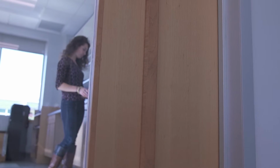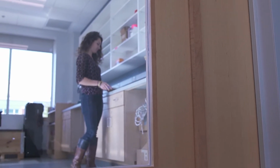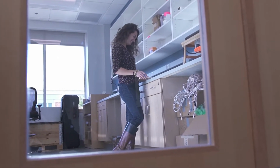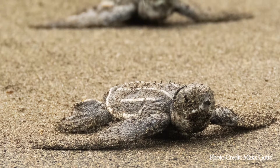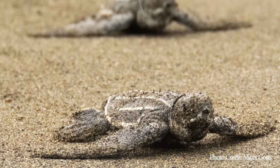Hi, my name is Nicole Barbour, and I'm originally from California, and I study movement ecology at the University of Maryland Center for Environmental Science. I actually met Dr. Helen Bailey here at the Chesapeake Biological Lab, and she had availability for me to study sea turtle migration movements. My research is really important because sea turtles are endangered, and specifically leatherback turtles are endangered,